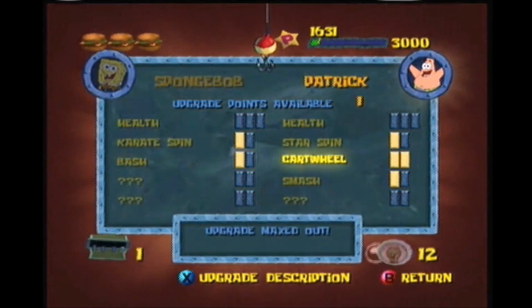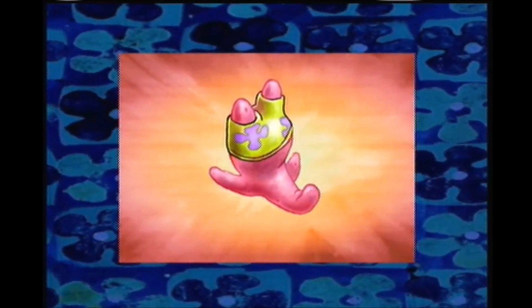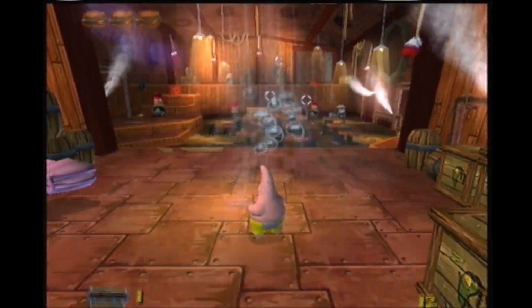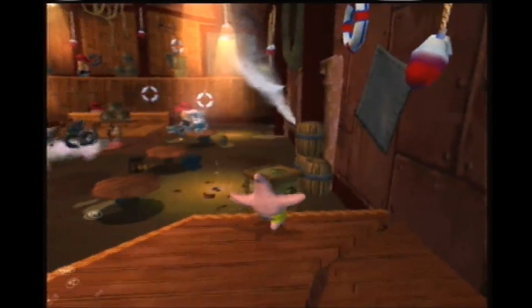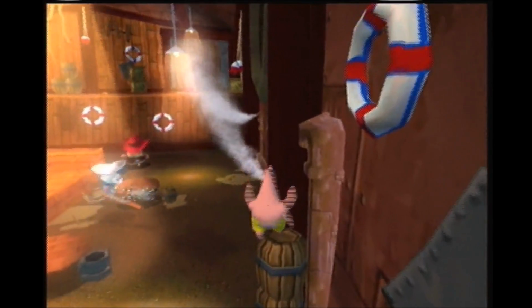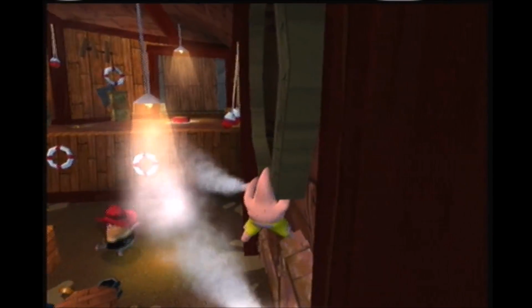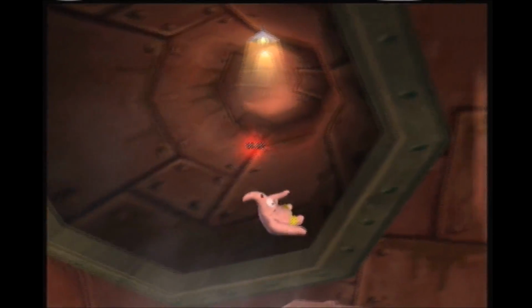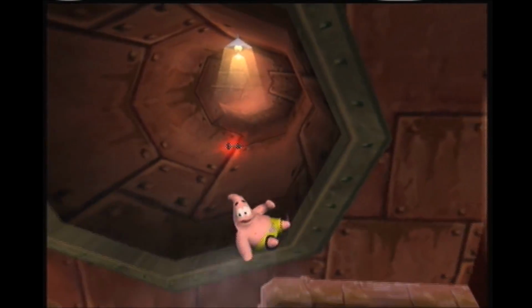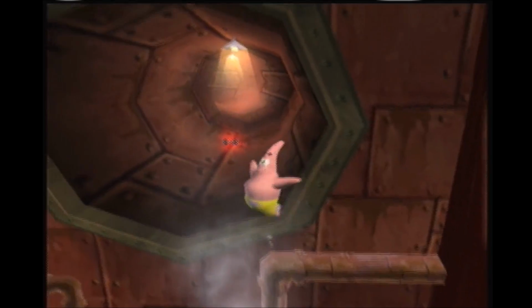Now we're gonna upgrade Smash. If you don't have enough points to upgrade it, basically just wait. The first thing you want to do is cartwheel over here, jump on this crate, try to be right in the corner so you can jump on this. Now from here, we're gonna be doing 1-frame jumps, and you need to practice this extensively